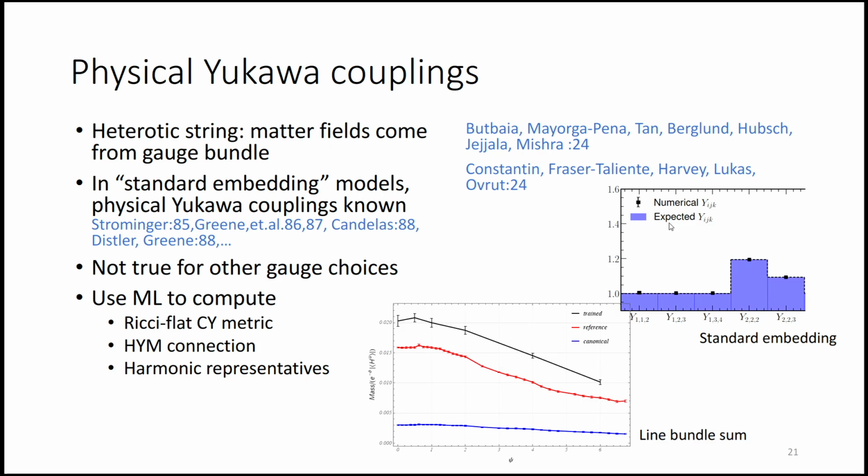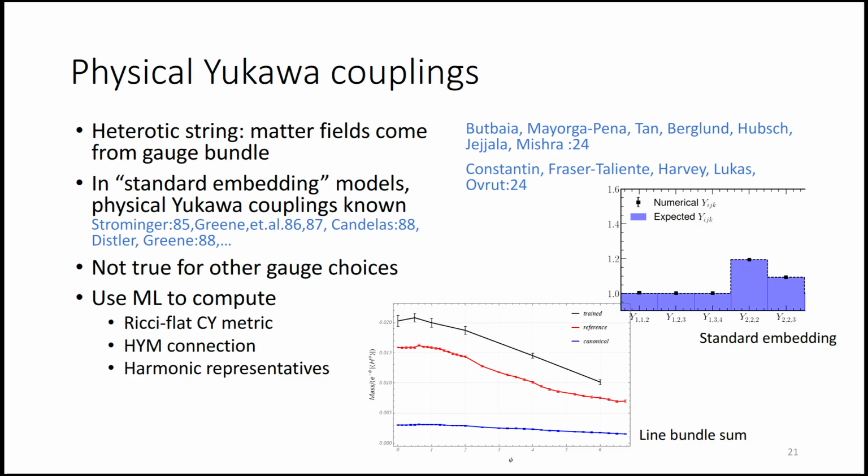Then there was another group, Constantin, Fraser-Taliente, Harvey, Lukas, and Overett, and I think Fraser-Taliente is here. Kit is here somewhere. I've seen him. And they looked at other settings. The vast majority of heterotic models for particle physics do not use the standard embedding. They use other ways of constructing the gauge sector. And a very nice one is using line bundle sums. It's simple and gives a ton of models. So they are exploring that setting in their paper. And what they used then is machine learning to